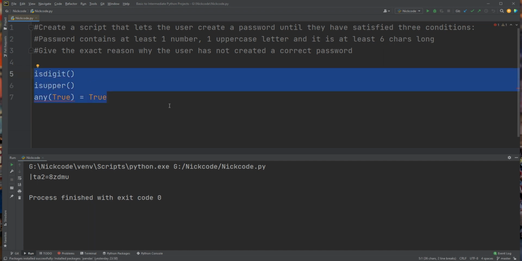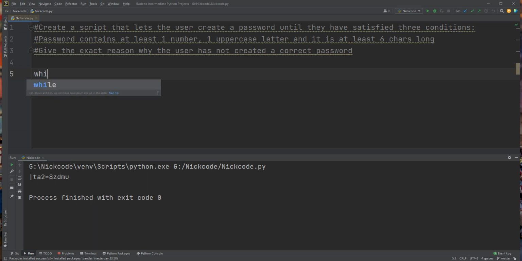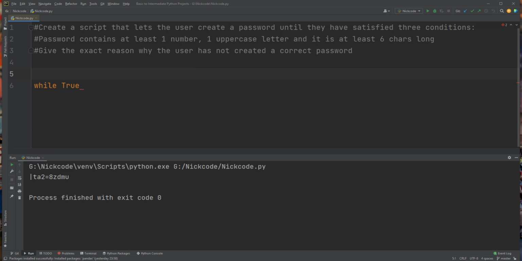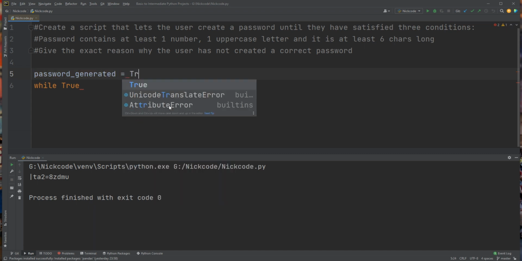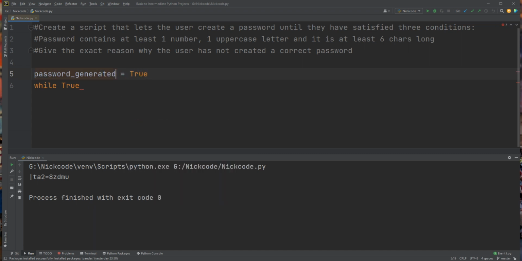so let's see this in code as well. We'll be using a while loop, and we'll say password generation equals true.